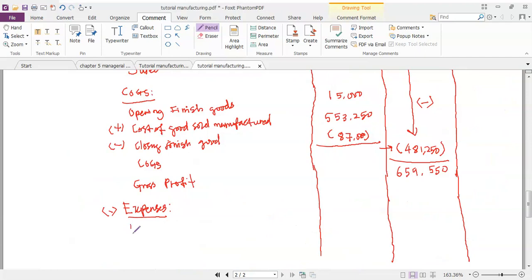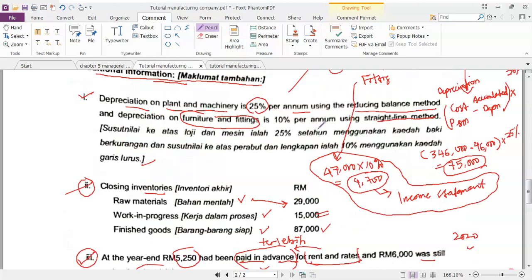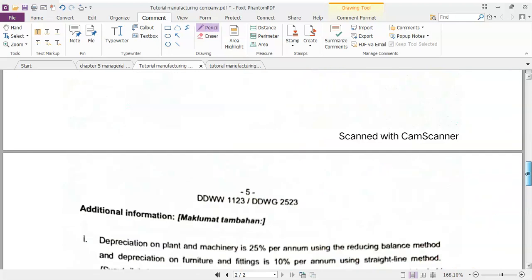So we just put depreciation 4,700. Okay, what else? Okay, if you look at the list of accounts,